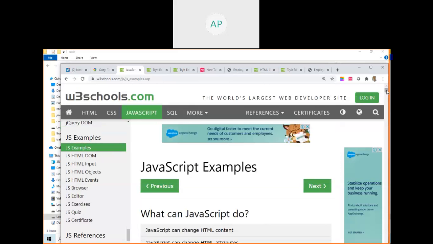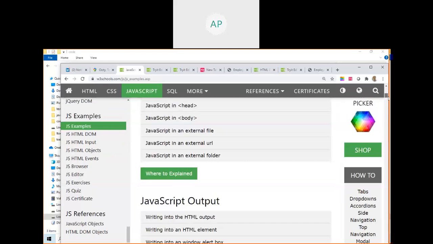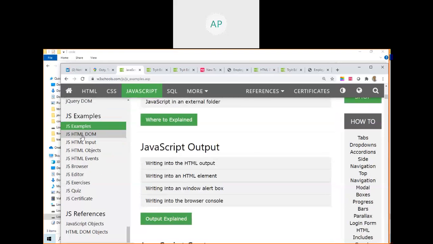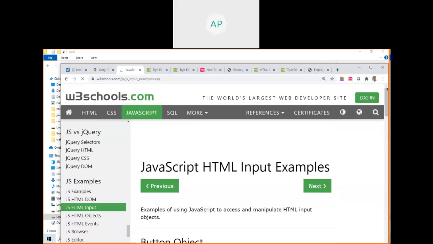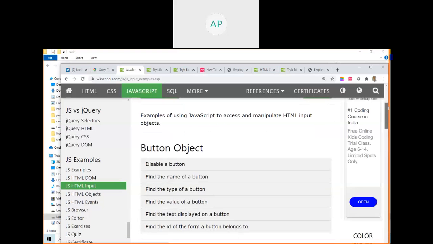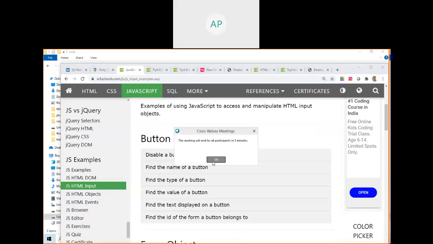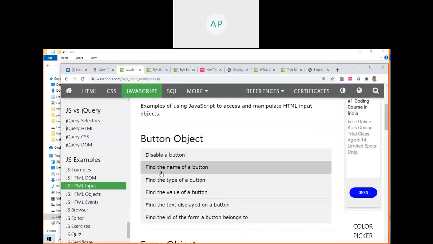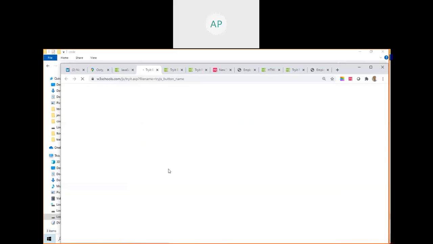variables. So we are into examples, right? We are using some other examples. Example DOM, example HTML input. Display a button and find the name of the button.